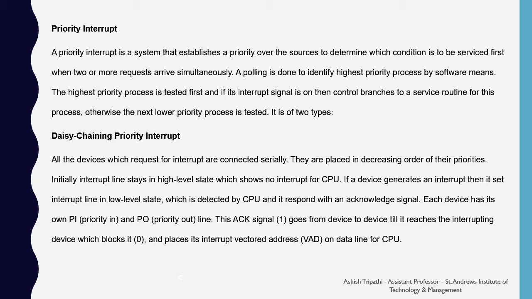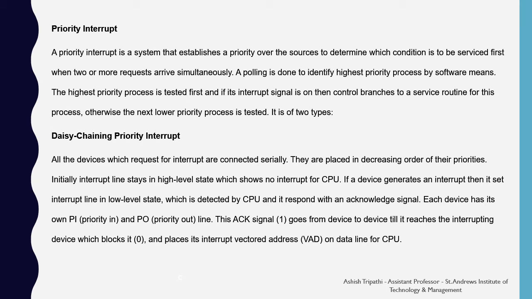So, what is a priority interrupt? A priority interrupt is that suppose you are running a laptop and your battery is going to finish. So, if you are playing a song, then this song will be interrupted by the battery status because the battery status has the higher priority than the Windows Media Player. Hence, it will stop executing your song and it will direct the CPU to handle the event of the battery as soon as possible, and it will display a message to the user that your battery is going to off, you have to plug the charge. This priority interrupt is of two types.